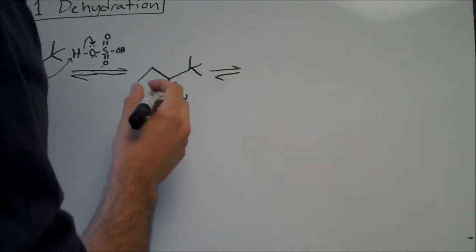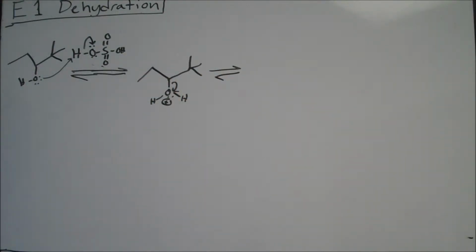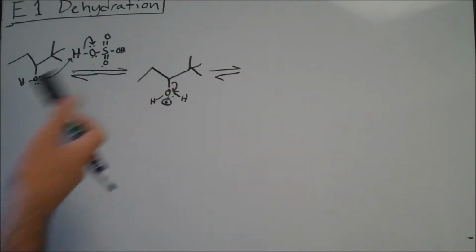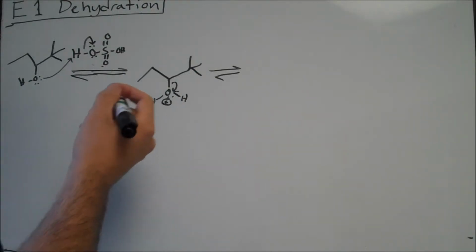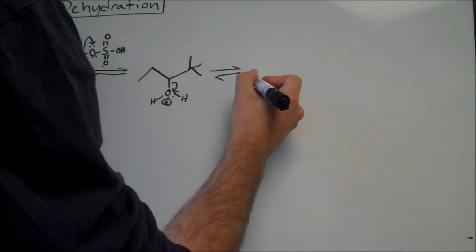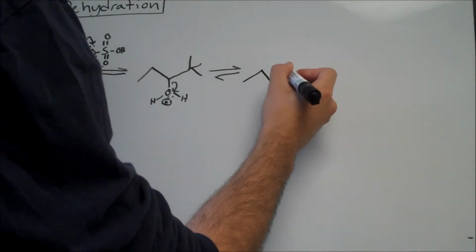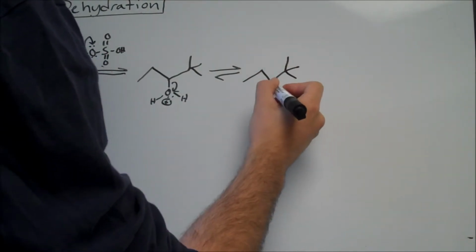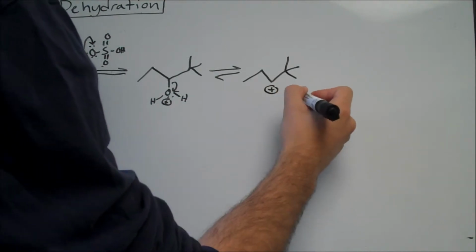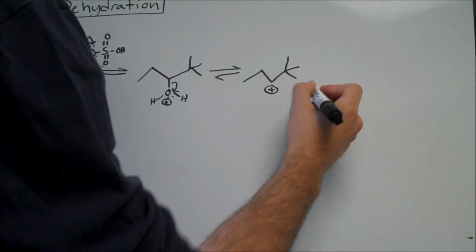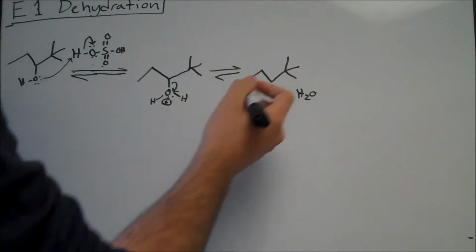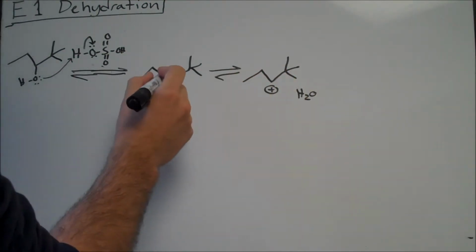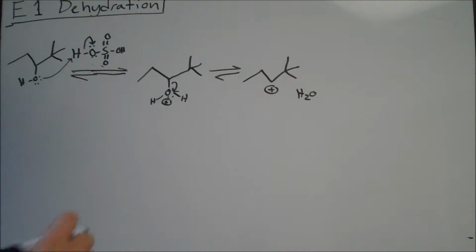The reason it can fall off is it's secondary. It's not going to happen a whole lot, but it will happen, and so it's going to lead to some interesting consequences, and we'll talk about those in just a second. But let's go ahead and draw the carbocation that's formed from the leaving of the water. We've got just H2O floating around somewhere. Okay, so now this is our alpha carbon, where our leaving group left, and it's our carbocation.